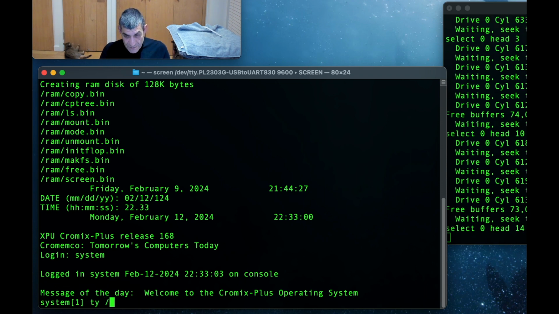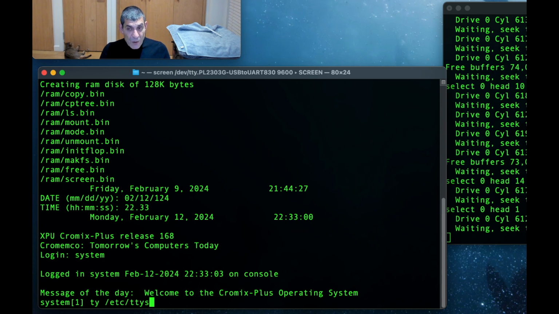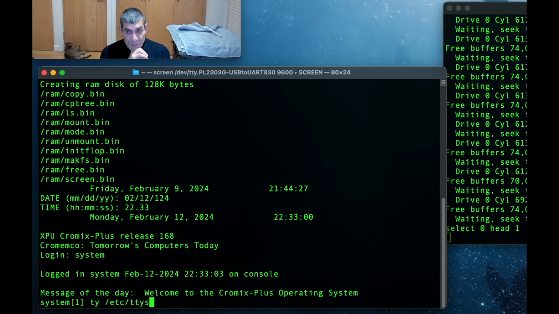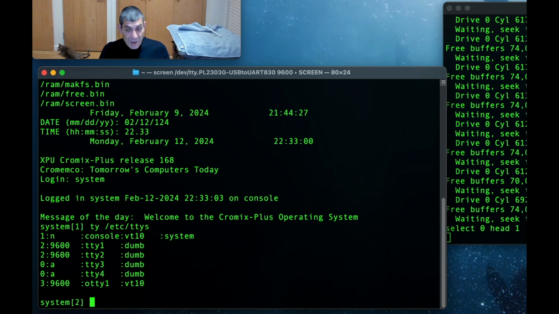So if I type out the TTYs file, so many of the commands are Unix-like, and in many cases they, quote, try to improve on Unix commands, which was a bit annoying in the sense if you actually knew Unix, then you'd want to use the cat command. But of course, Cromemco chose to use the TY for type command instead. And there is no cat command, for example. Okay, so you could make an alias in the latest release of the shell, I think, but I didn't ever do so. Right, so if I look at the TTYs file, you'll see that this system can have multiple terminals,